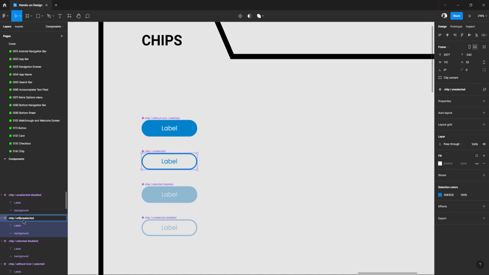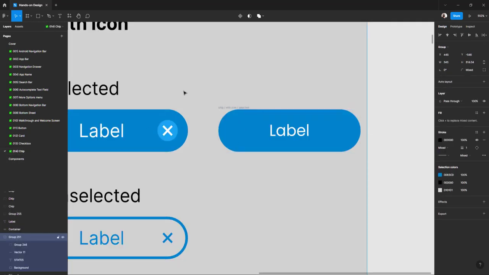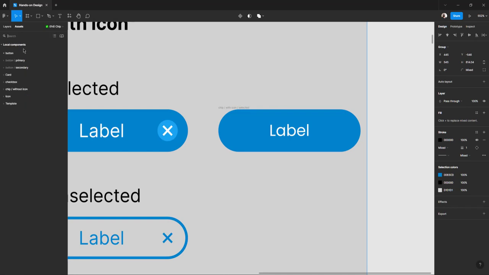Chip without icon unselected, chip without icon selected disabled, and the last one, chip without icon unselected disabled. Okay, I come back to my chip page, and if I want to insert my components again,